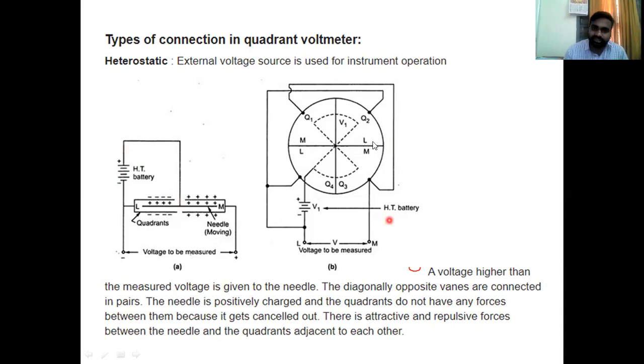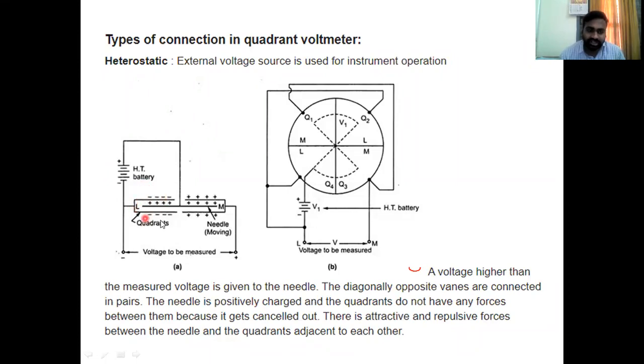This is the construction point of view. It looks quite complex. You can follow figure A or figure B. Both are the same. This is an operating structure, and this is a schematic. That's why I'm explaining this. Don't look at this figure, it is quite complex. Don't make yourself complex, just keep it simple. With a simple explanation, I'm analyzing.